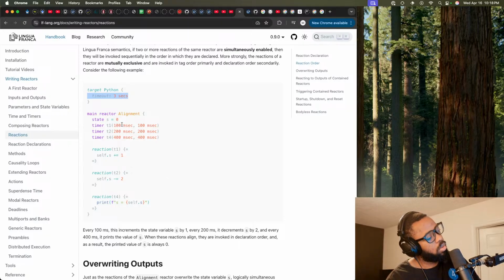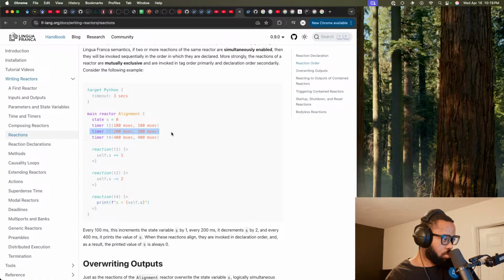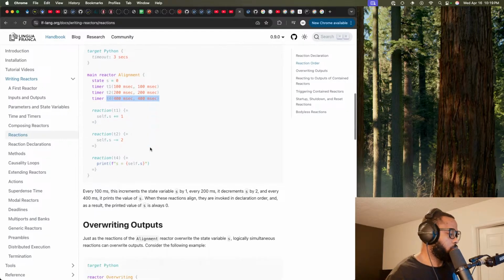So the offset, this will be 100 milliseconds after startup. And that's when you'll have the first one. And by the time the second tick for this timer comes around, this one will also be triggered, basically at the same time. And then the second run of this is going to coincide with the first round of this. Okay, so